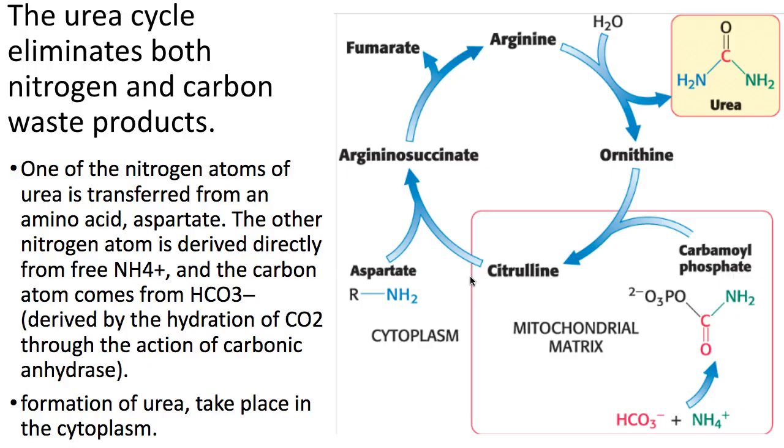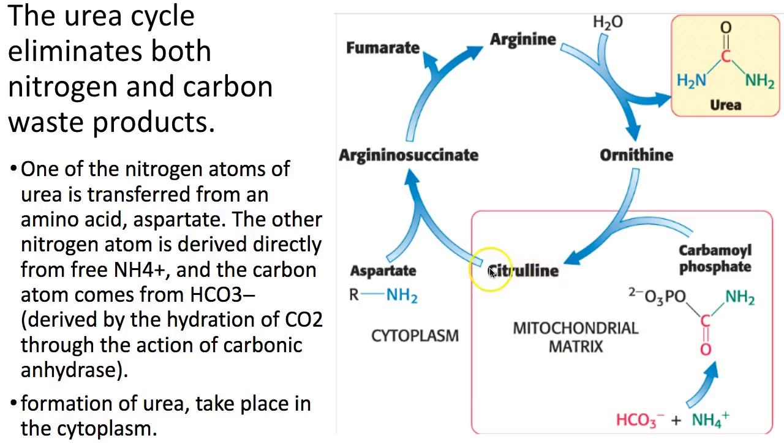So this urea cycle that I've been mentioning that is coming, this is it. That free ammonium ion that gets released reacts with bicarbonate, and this bicarbonate comes from a hydration of carbon dioxide. They react together to make carbamoyl phosphate, which reacts with the ornithine. And this all happens in the mitochondria and produces